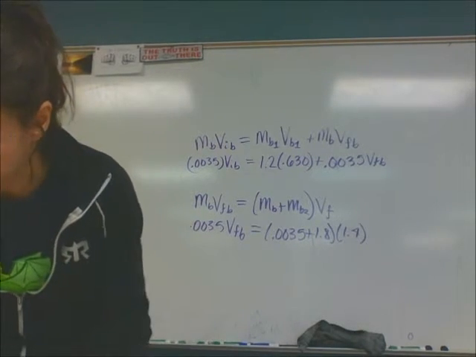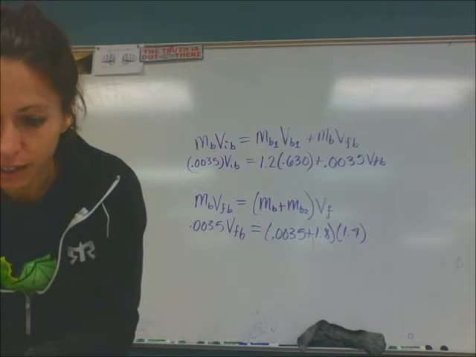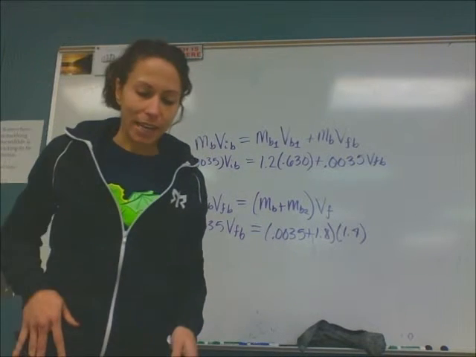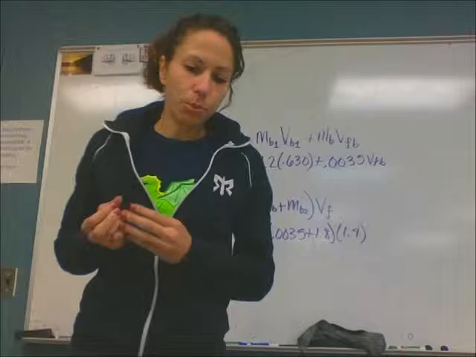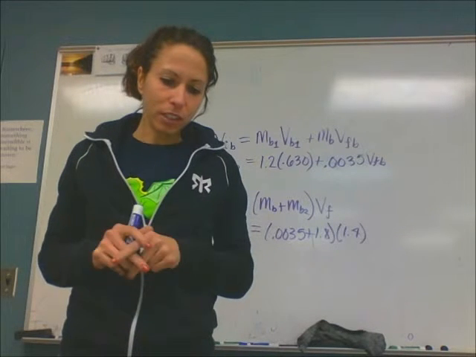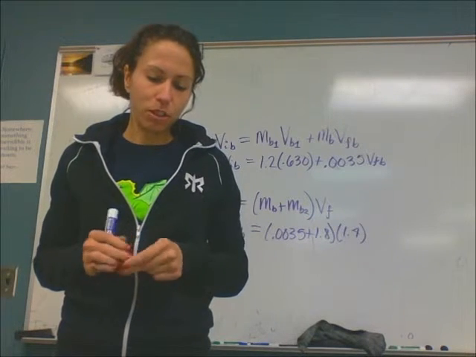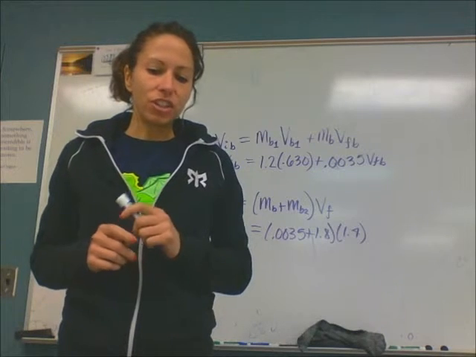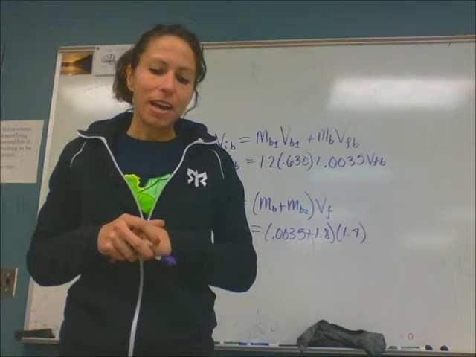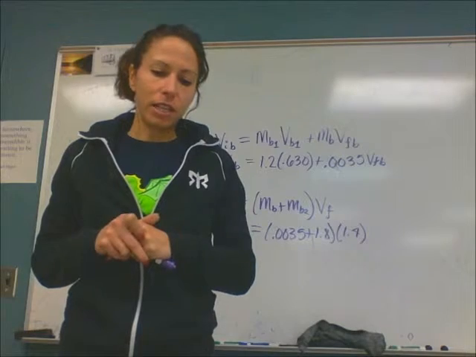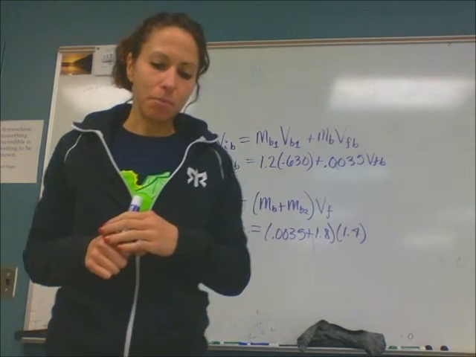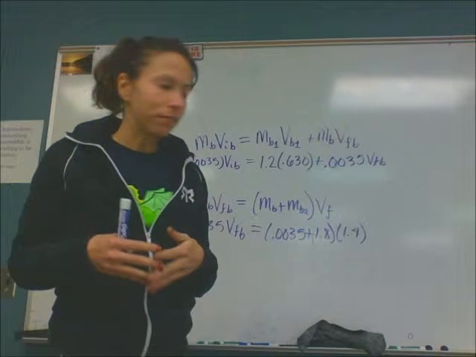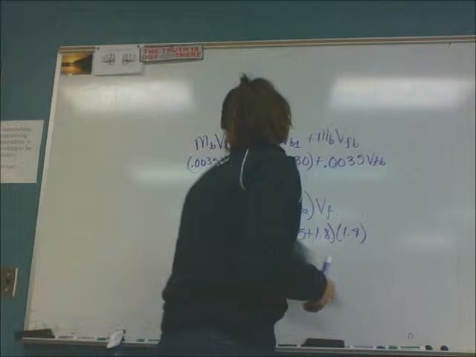Okay, so you're looking for the mass, m2, and the final velocity of cart 2. So we have m1, which is 0.340 kilograms, and v1 initial, which is given to you as 1.2, and v1 final, which is given to you as 0.66, and then v2 initial is 0. Okay, v2 initial is at rest. And there's a picture, you can look at it because you're all following along in your book.